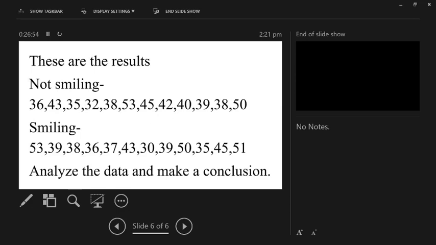Okay. So, but then make the conclusion. Your conclusion is that this happened: that they were more likely to pick the right age if they were smiling, or they picked the younger age, or that the probability was so high in the comparison that you couldn't make a decision. Okay? Now,